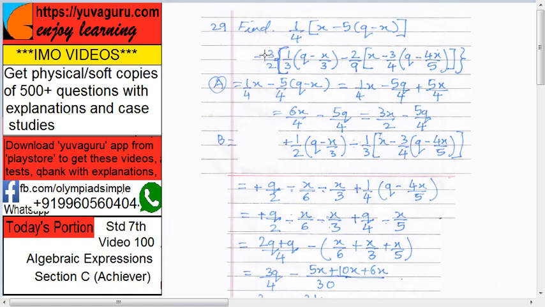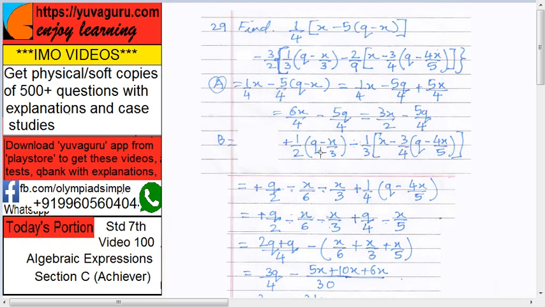See here, don't take this minus sign, because we are doing A minus B. So the minus is already inbuilt over there. Just take this B without any sign. So 3 upon 2 into 1 upon 3. 3 gets cancelled. It becomes 1 upon 2 into q minus x upon 3 as it is. Minus. Now again this 3 upon 2 multiplied by 2 upon 9. So 2 gets cancelled. 1 times, 3 times, 1 by 3 into this full bracket as it is.